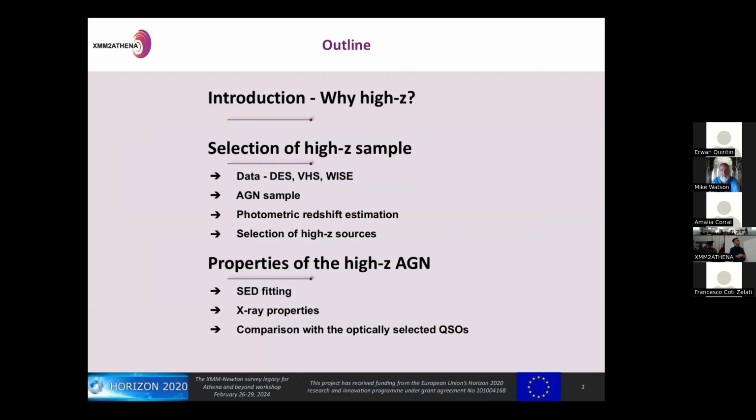So what I'm going to present, I will do a brief introduction on high redshift AGN, and I will focus mainly on the selection of the high redshift sample and the photometric redshift estimation. And at the end, I will show some properties of this high redshift AGN using X-ray spectral analysis and some SED fitting with CIGALE. But this last part is actually